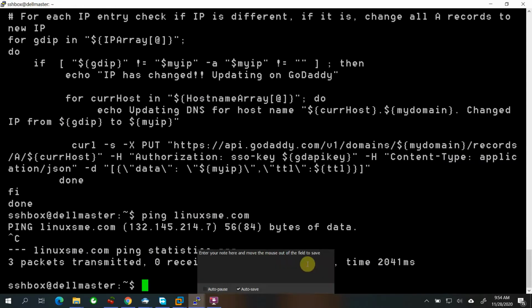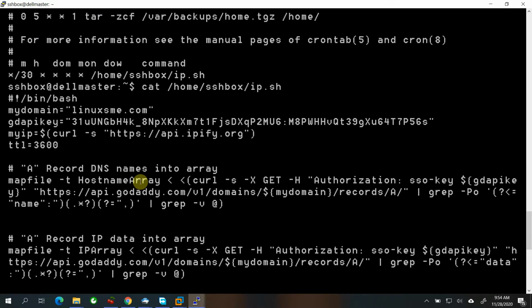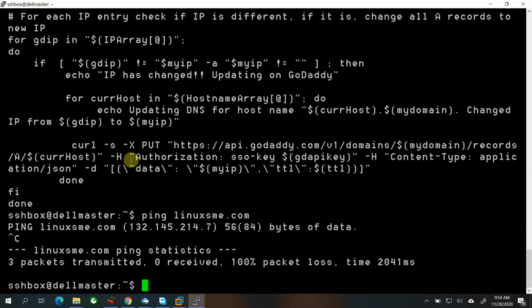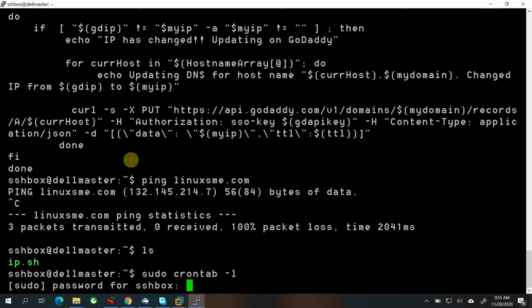See, I created one file and copy pasted here. ip.sh is the file, and I added a cron job, crontab -l.